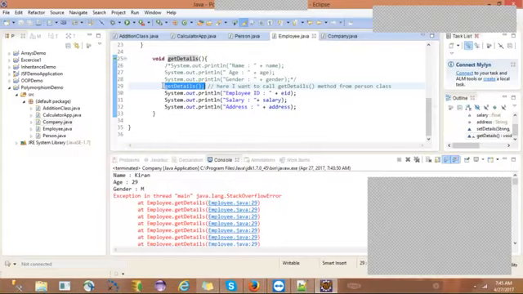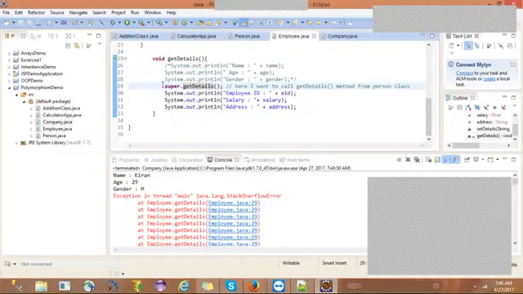We have a scenario where the superclass method and subclass method, the superclass member and subclass member, both have the same name. In these kinds of scenarios, to resolve this conflict, what can we do? We can use the super keyword. You understood, right? What is the problem and what is the solution for that problem? I have shown you the problem and I am giving you the solution now.